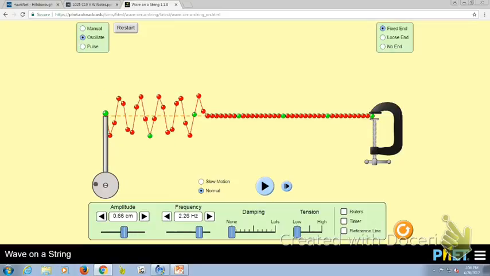So you get interesting effects on a string. It depends upon the length of the oscillator, of the wave system, and the wavelength of the wave. If the length of the system is a whole number of wavelengths, happiness, it will bounce back on itself. And if it's not, sadness, basically.